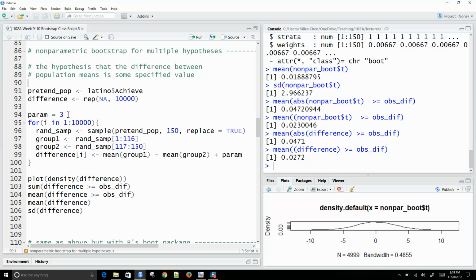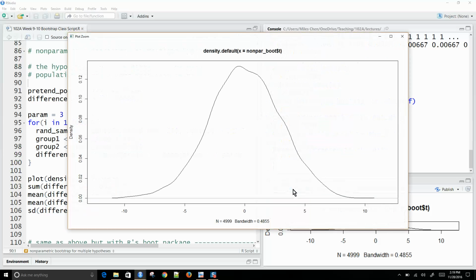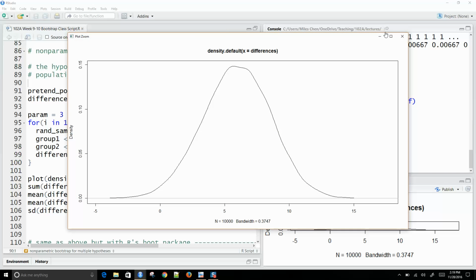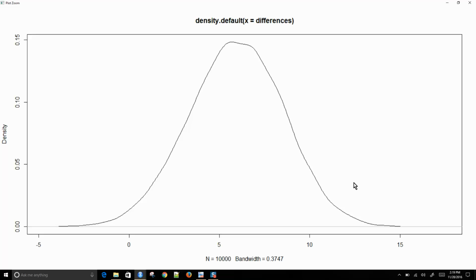Okay, and so if you look at the code, this is doing it the manual way, hoping to illustrate exactly what's going on. We're basically doing the same process. And what it looks like in effect, not this graph, when we do our density. So this is kind of the density of all those 10,000 observations. Right now, we're at 5.9, and we want to know, is this